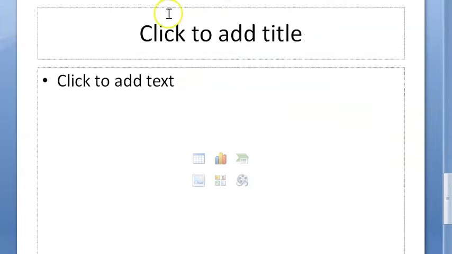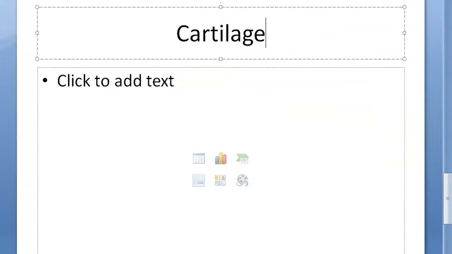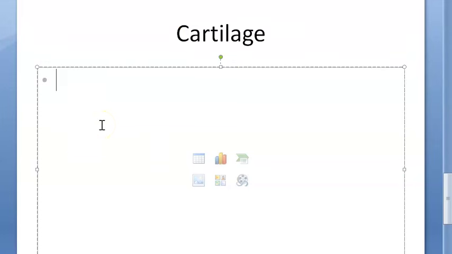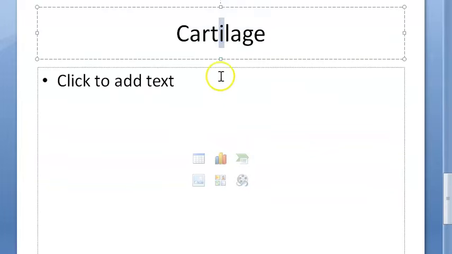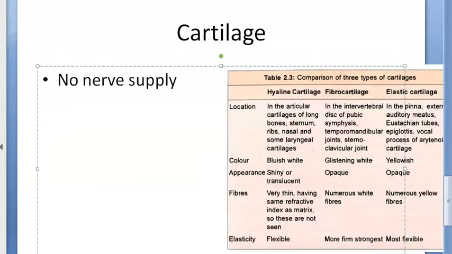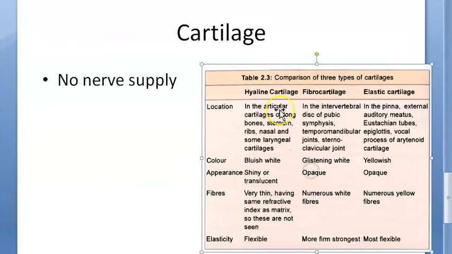Similarly, the textbook also covers cartilage. So there is the comparison between bone and cartilage. Cartilage is firm, bone is hard. And cartilage will not have calcium salts. It will not have bone marrow and all that. And cartilage doesn't even have nerve supply, so it won't feel pain also. That's nice, right? There are three types of cartilage: hyaline cartilage, fibrocartilage and elastic cartilage. So each of these, you'll have to know the difference, guys.